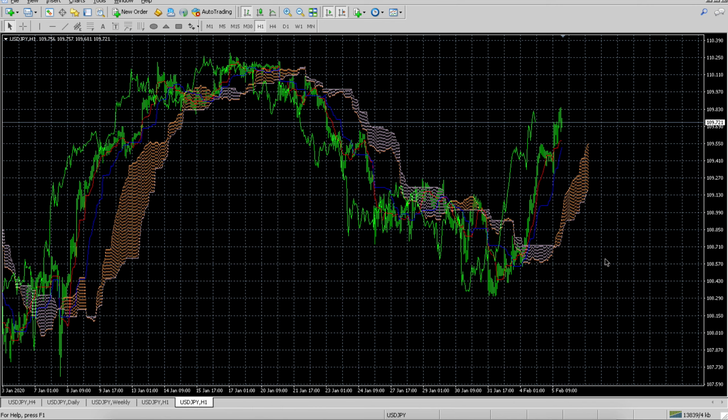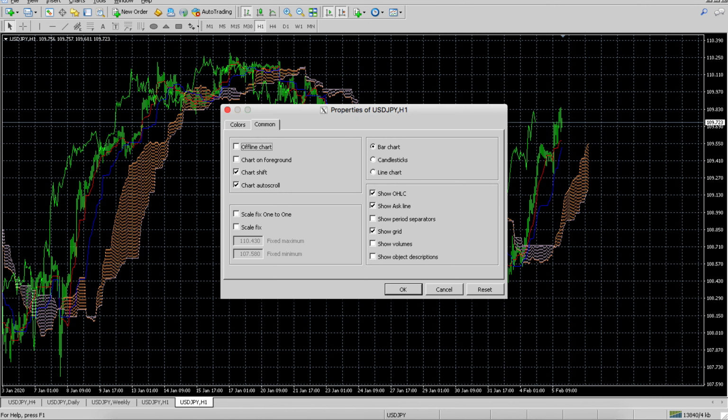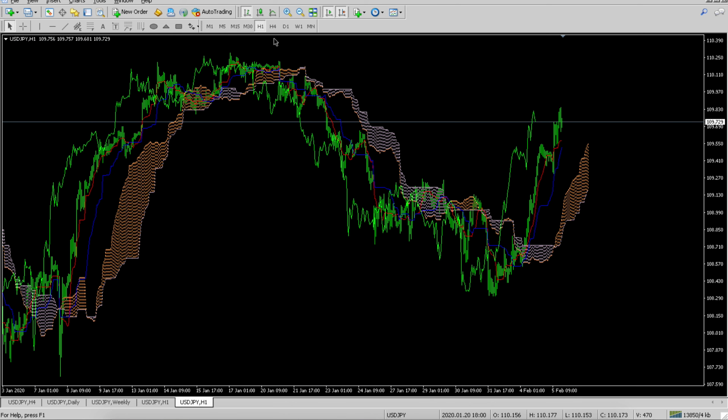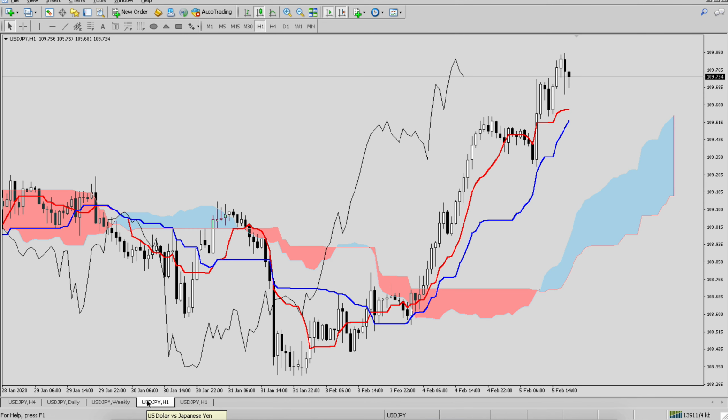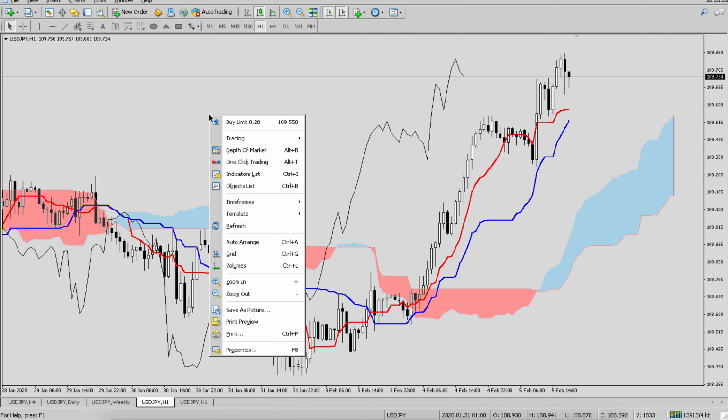If you want to change anything here, you could remove the grids, you could change it to candlesticks and enlarge your candlesticks, and now it looks a little bit better, but still not to my standards. And if you want to make your charts look like mine, so basically now you have the indicator. If you're happy with this, be my guest. But if you want to make it look like that, then let's see what I changed.